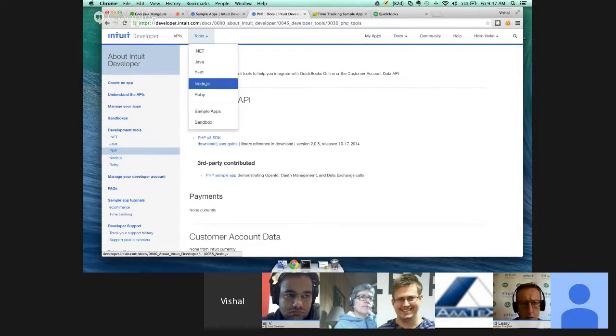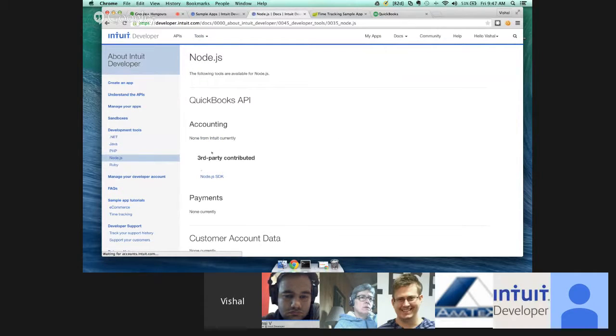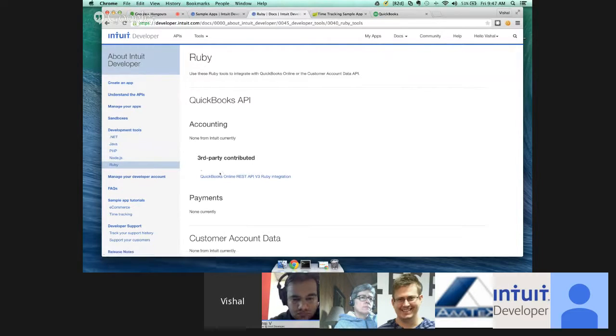And then for Node, we have a third-party contributed Node SDK, which has a lot of usage, and it's hosted on NPM. As well as for Ruby, we have a third-party contributed Ruby SDK. So, we do provide a wide range of SDKs,